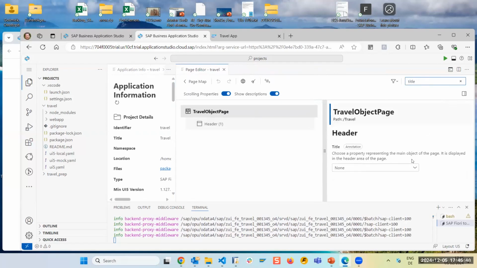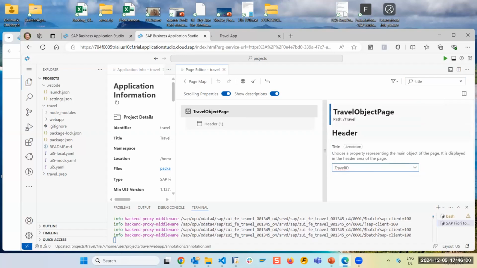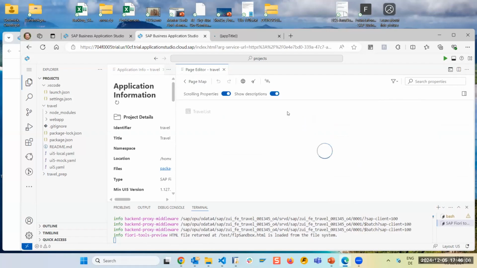It's easier. Okay, we have a search filter. So if you are lost in the properties, you can always use that. Title: this is currently not set. It means defaulted. So we want travel ID. Good. Done.